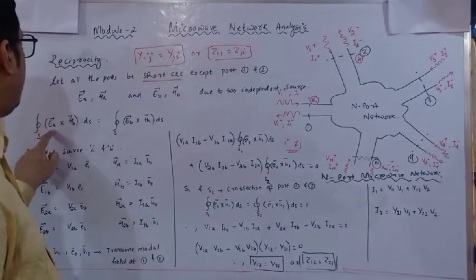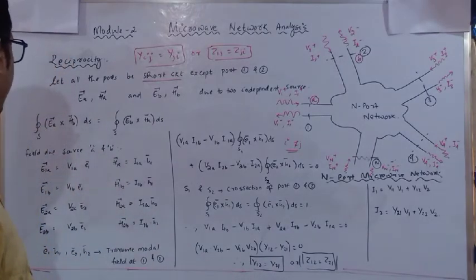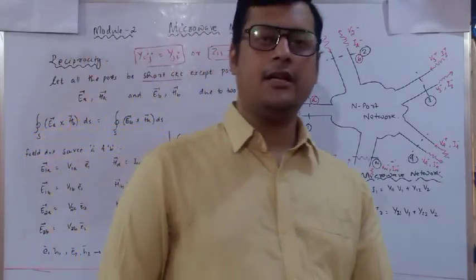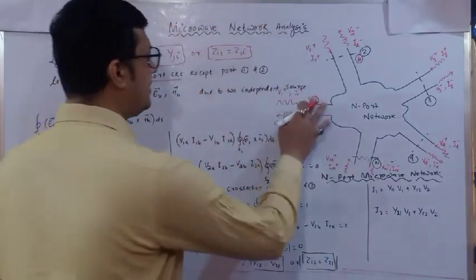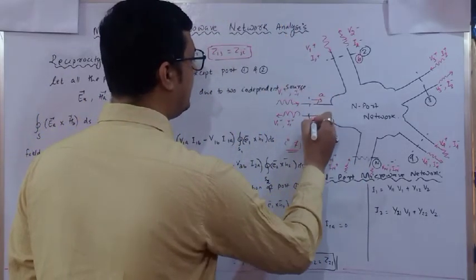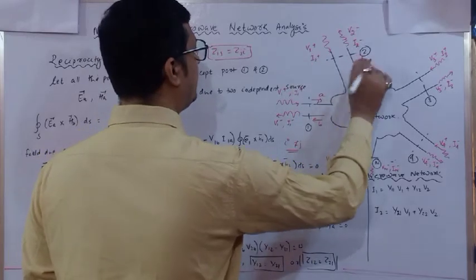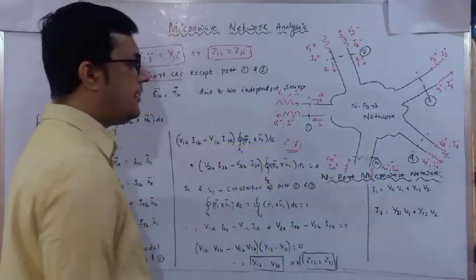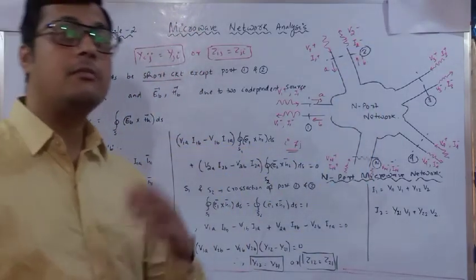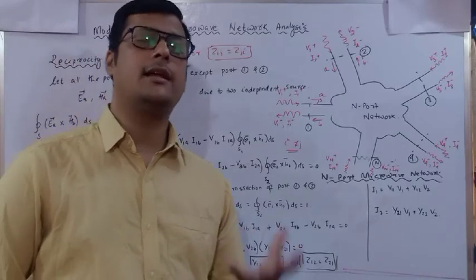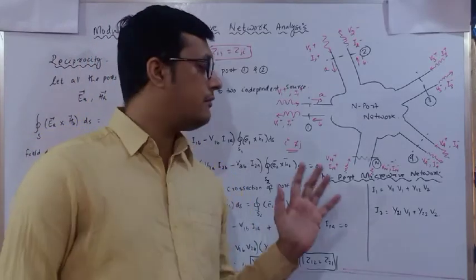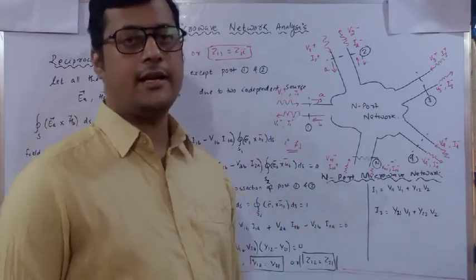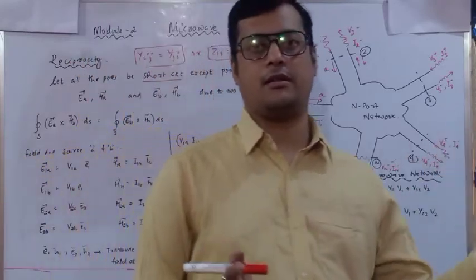Here EA and HB indicate the incident field and the reflected field. So I will say A is incident and B is reflected. Similarly, A is incident and B is reflected. Now this A and B are nothing but the normalized form of the potential, the normalized components. As I have told earlier, when we are discussing the impedance matrix and admittance matrix, we are directly using the potential of port 1 and the potential of port 2.